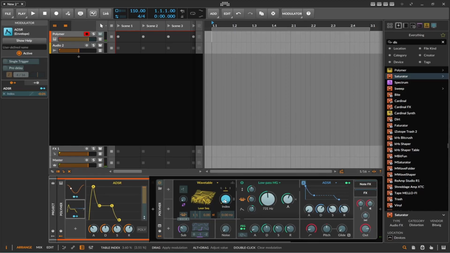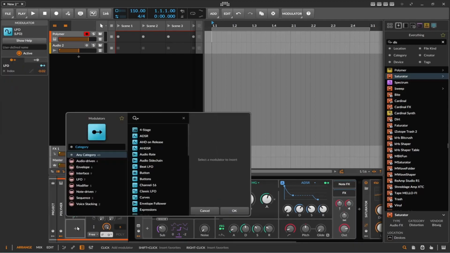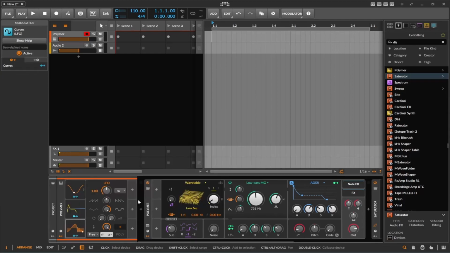But how many tracks have you heard where it sounds kind of like that, where it goes back and forth? Not really. Mostly what they tend to do is play it and do something like that. So we kind of need to come up with some kind of unique sounding modulation other than an envelope and an LFO. Thankfully, Bitwig has a lot of modulation potential, kind of like curves,